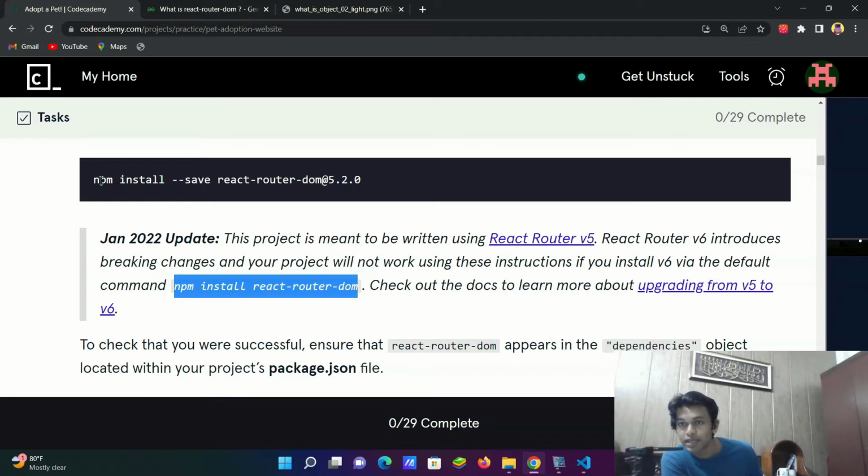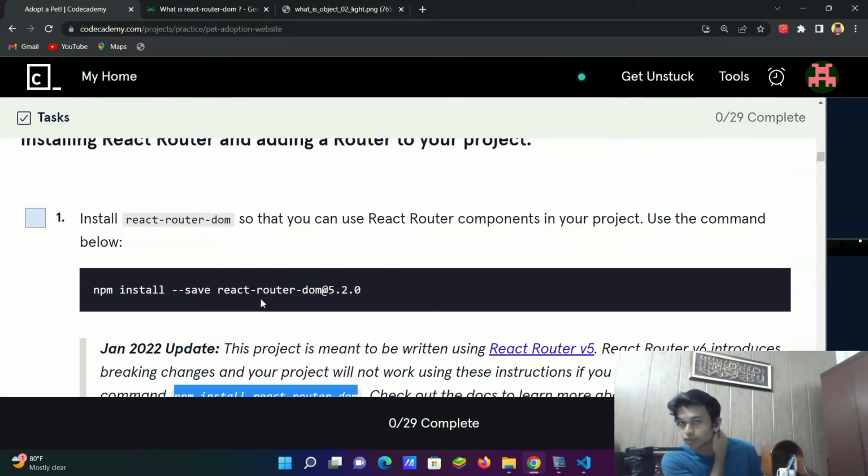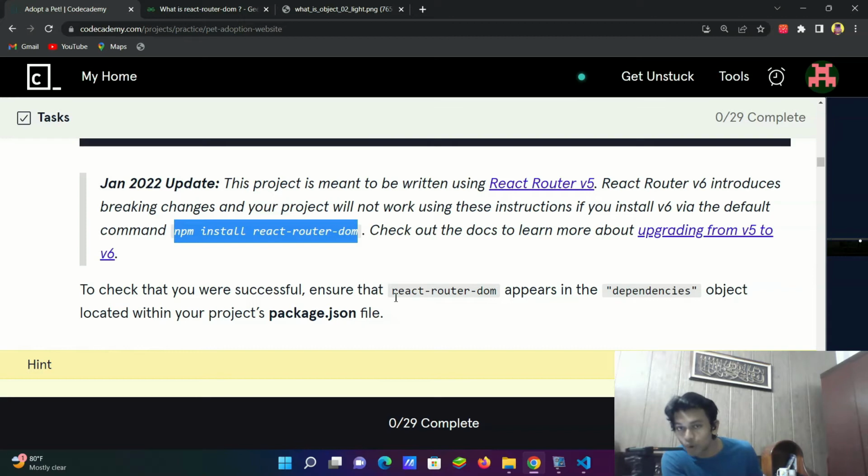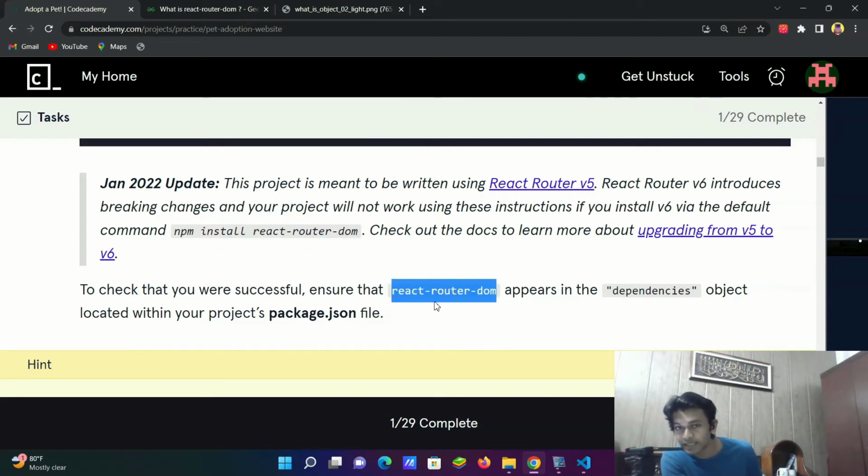So you need to type in npm install --save react-router-dom@5.2.0, and I will add this command in the description. What would this command do? As I said, it will provide you access to the React Router components in the project. To check if your command worked, we can search for this text, react-router-dom. This will appear in the dependencies object located in the project's